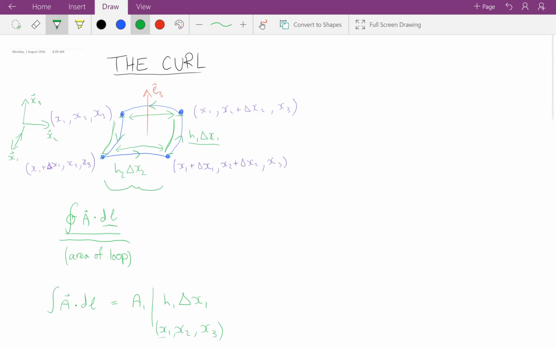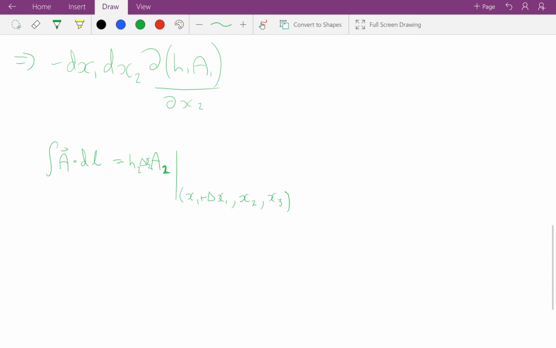Yep, that's right. And then the other side is going to be the integral A dot dl. Now we're going in the opposite direction of the unit vector x2. So we're going to end up with h2 minus, because we're going in the opposite direction, delta x2 A2, the second component of A, and we're going to evaluate that at x1, x2, x3. Now we can add these components together,